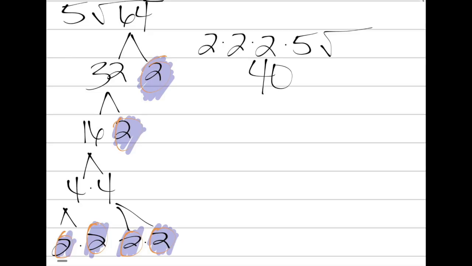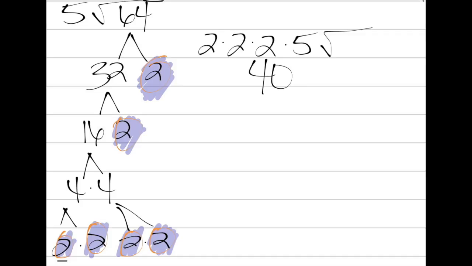And 2 times 2 will give me 4. I then circle all my prime numbers. I'm then going to highlight all pairs. So in this case, I have 3 pairs of 2's, which means that 3 2's will be on the outside of the square root. Once I take the 3 2's out, I then bring the 5 in to be multiplied